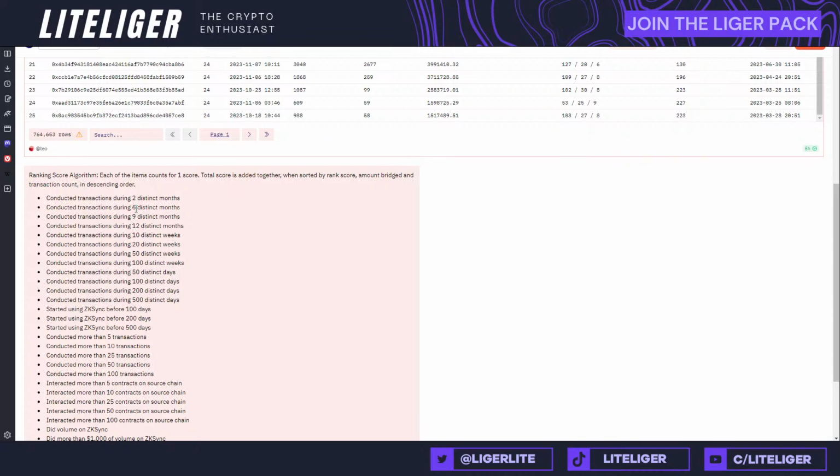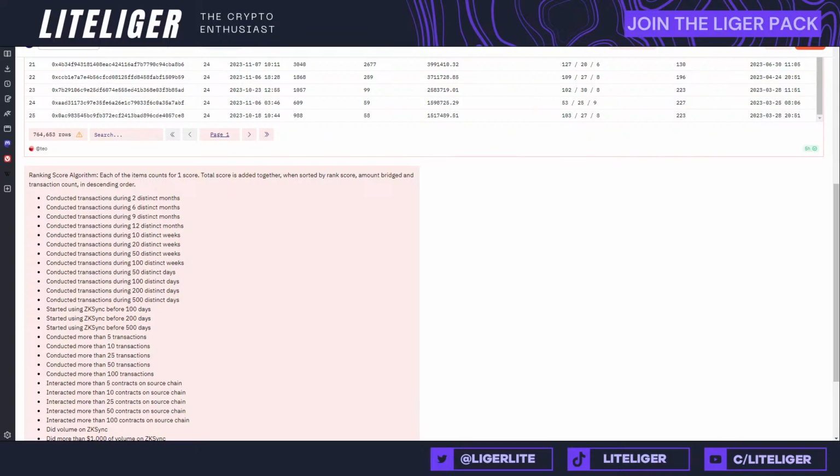Basically, as I've said in those videos, it's important to do transactions across different months and weeks, because we know fundamentally that if you do everything on one day, that's probably not going to be rated very highly in the hierarchy, and it might seem like you're a bit of a bot. So I really recommend doing the tasks we're going to do here today, but maybe not all in one day like I'm doing here today.